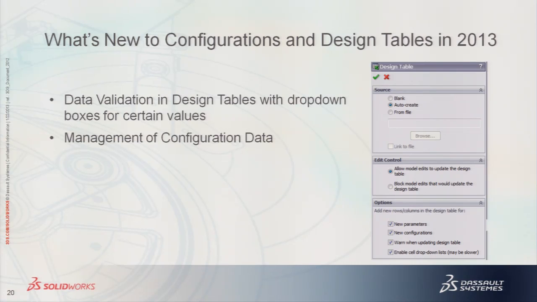In the design table options, starting in 2013 SP1, there's now a checkbox that you can turn on that basically turns on that automatic validation. So next time I do a design table in SP1, I'm turning that checkbox off. Here it is right at the bottom. Enable cell drop-down lists might be slower. So if you don't want SolidWorks to try to incorporate an unknown design intent into your spreadsheet, turn that sucker